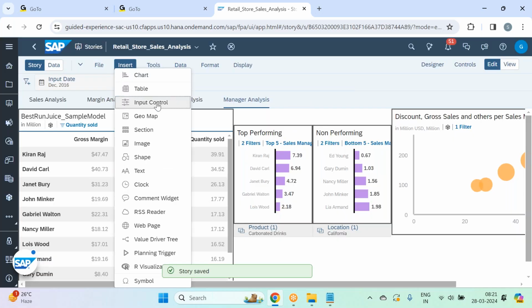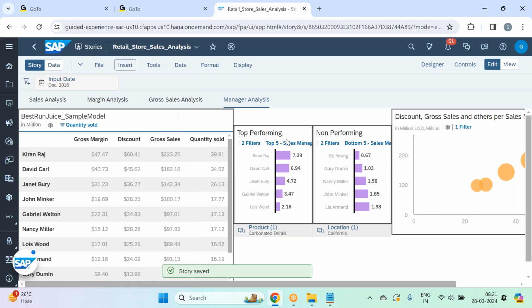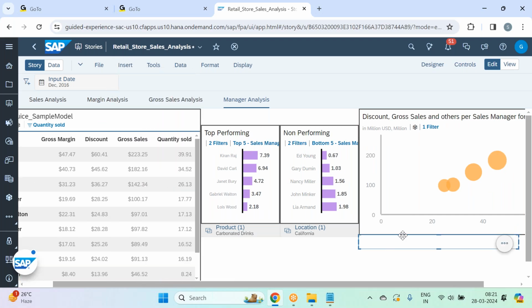So here I go, now I insert a text box, check it out. I'm going with the text box now. I'll write: top performing and non-performing managers by